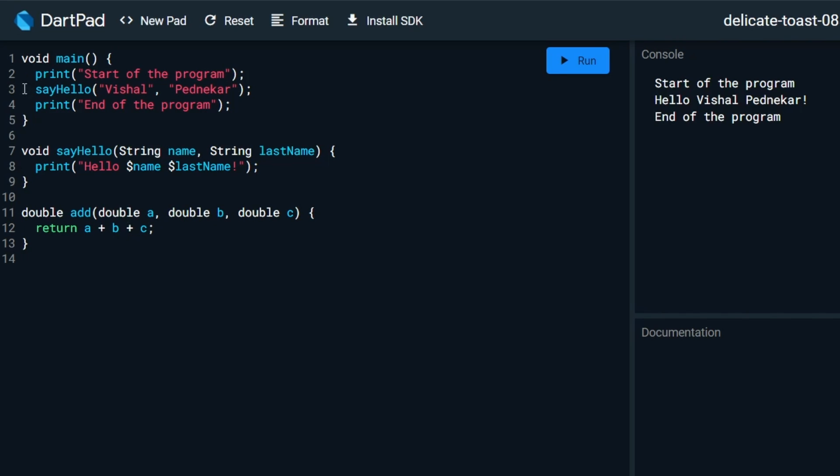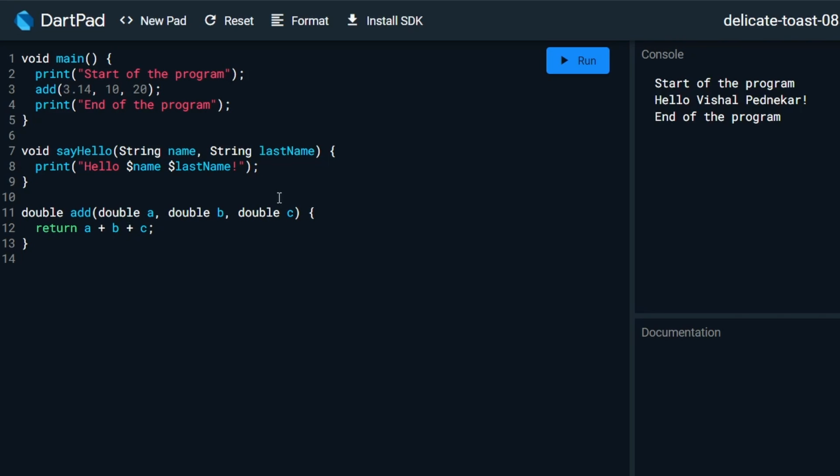Okay, and instead of say hello, I'm going to write add, and I'm going to pass three numbers. Let's say 3.14, then 10, let's say 20. So the addition should be 20 plus 10, 30 plus 3.14, that is going to be 33.14.